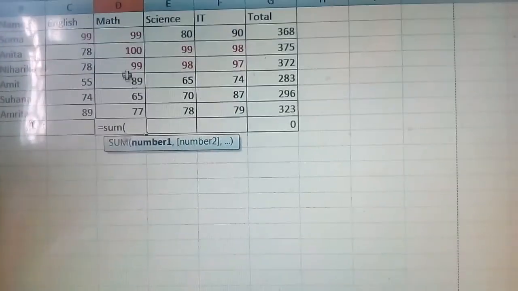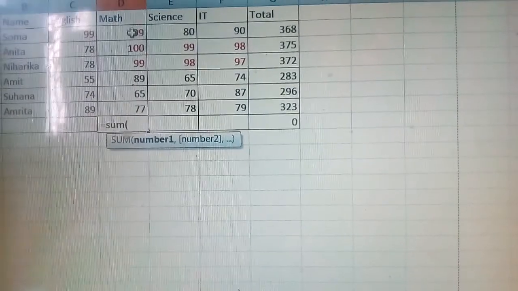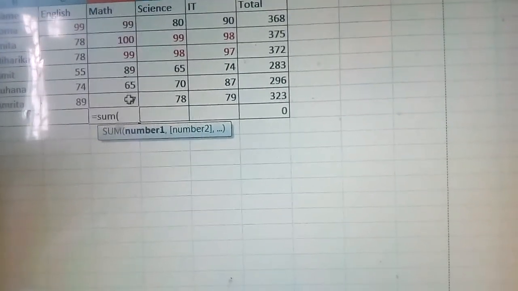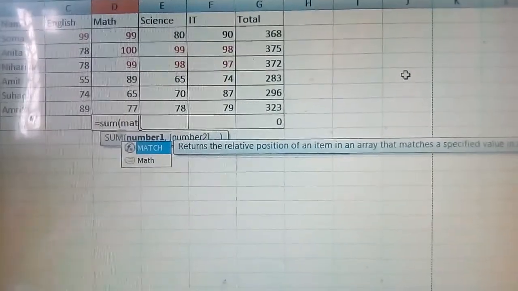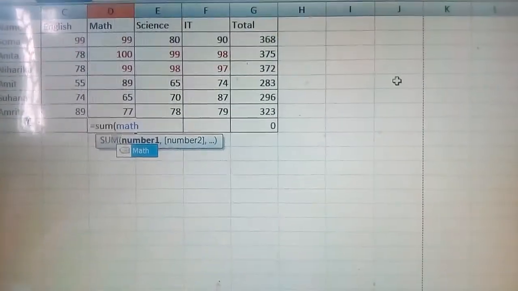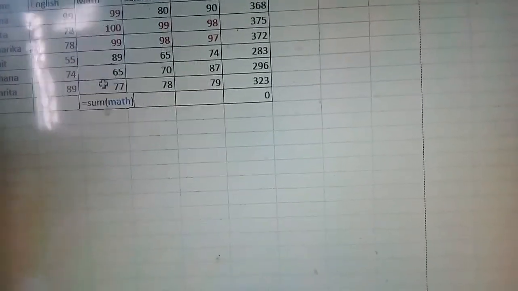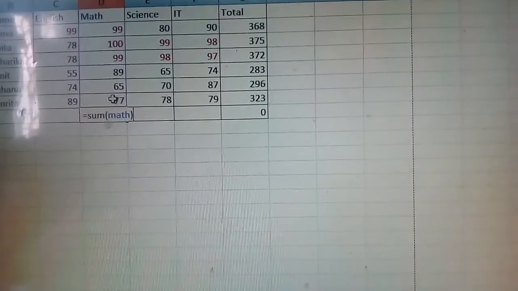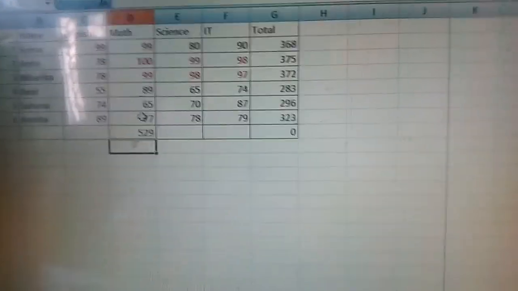But because we have given the name Math to this cell range, you can just write Math over here and then close the bracket. So automatically it will select. You can see the blue border, so that means it is selected. Now just press Enter. So the total of this column will come.